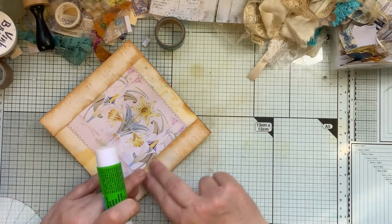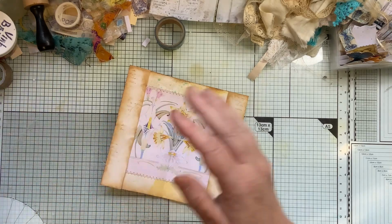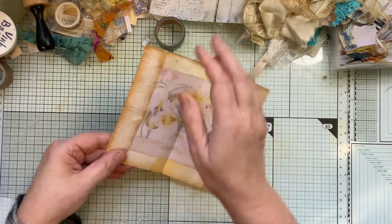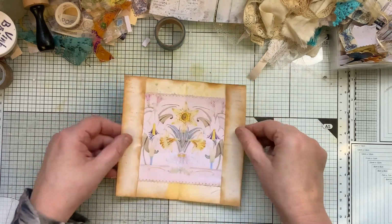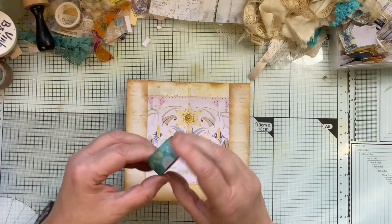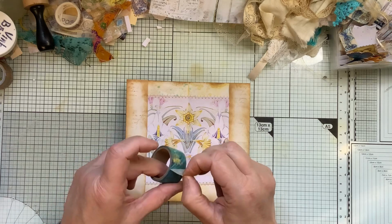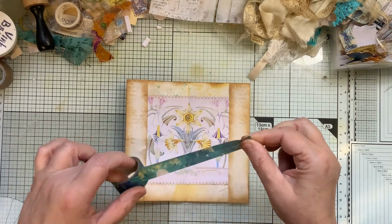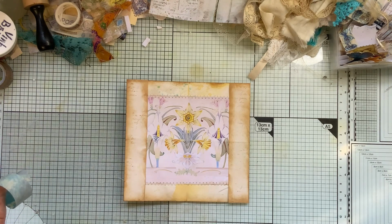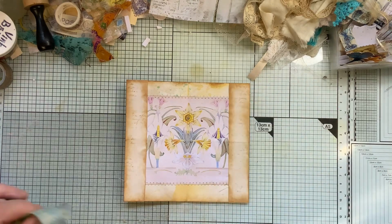I mean, that could be a tack as well, but this is going to be like a double pocket, so to be honest, it's enough. Yeah, but if you can just stitch them and they can be a little tuck, which is quite nice as well. I'm going to use this washi tape, so I really like it. It's got a bit of yellow and blue in it, so it's quite nice if you put something down like that as well, down there, but I don't want it too bulky, so